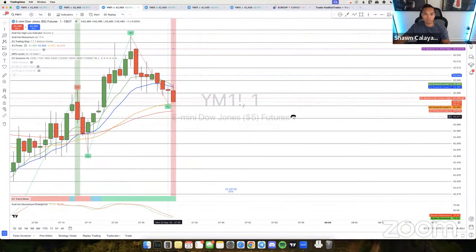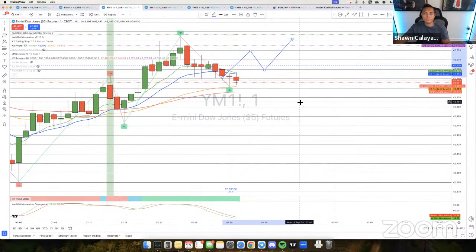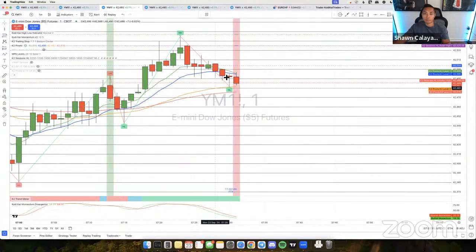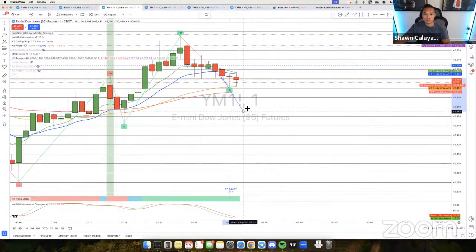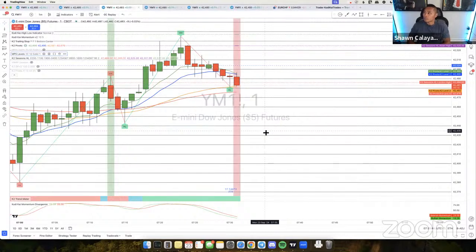So there's no market flow entries here right now. In order for us to get another market flow entry, we need price to push above the pivots, retrace back down, and come back higher. If we get a sell signal here that closes, you can possibly look for a market flow to the downside. It just hasn't closed yet.